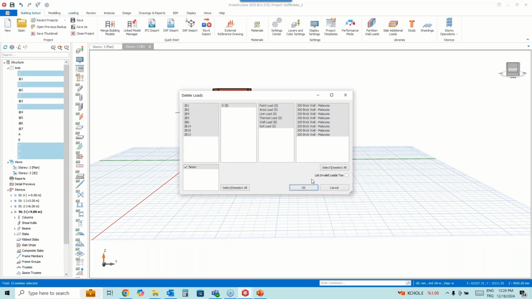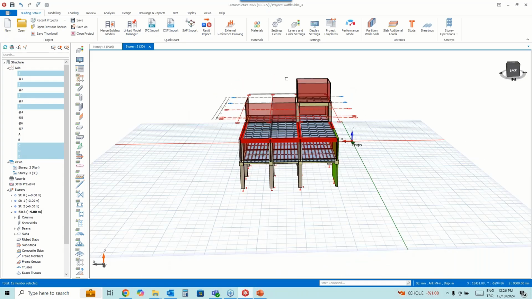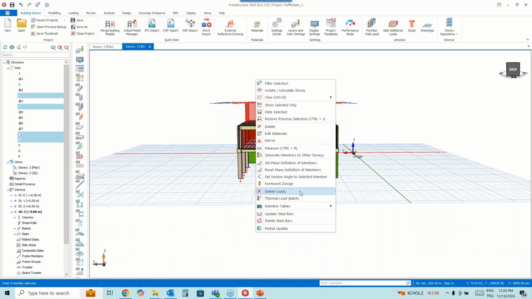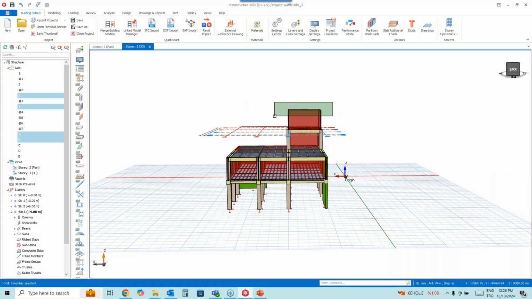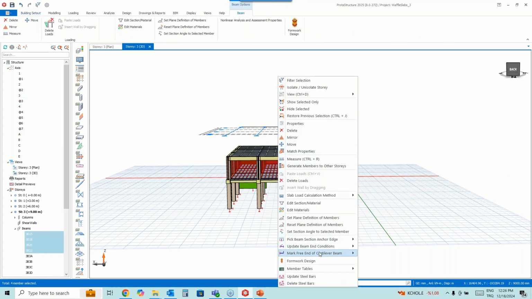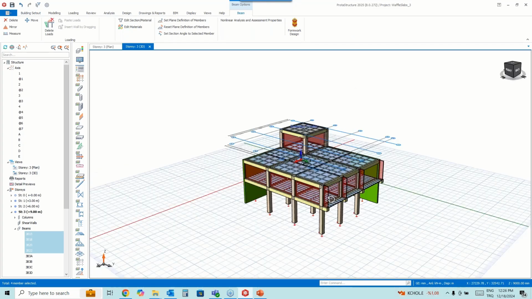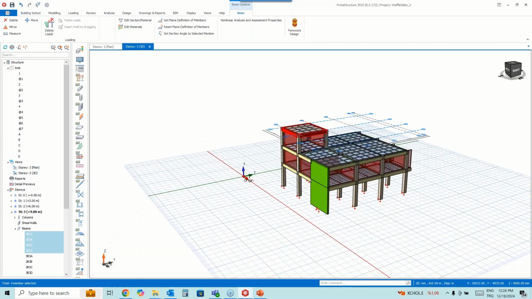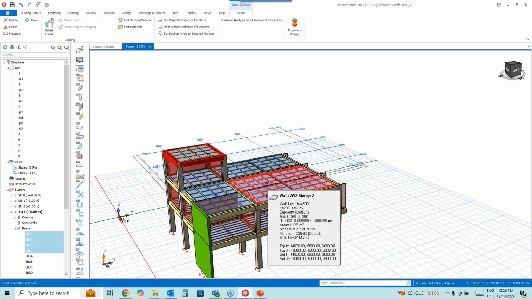But I'm going to use this option, so we can also do these adjustments in 3D view by the delete loads command. So as seen in here, we just created our model, which includes ribbed and waffle slabs.